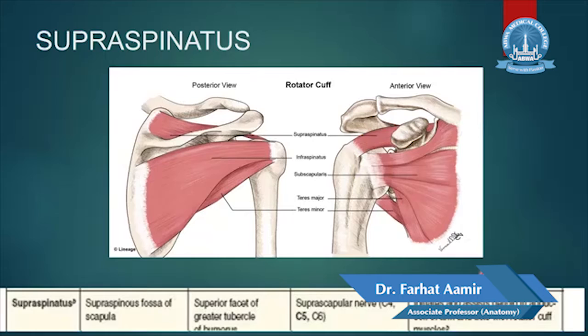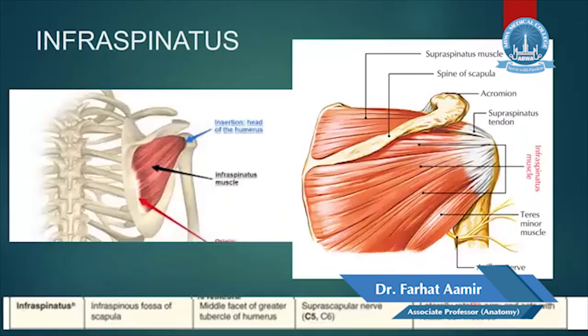It initiates and assists the deltoid in the abduction of the arm and acts with the rotator cuff muscles. The supraspinatus will abduct up to the first 15 degrees of abduction of the arm. It originates from the supraspinous fossa, is inserted over the superior facet of the greater tubercle of the humerus, is supplied by the suprascapular nerve, and does the first 15 degrees of abduction of the arm.